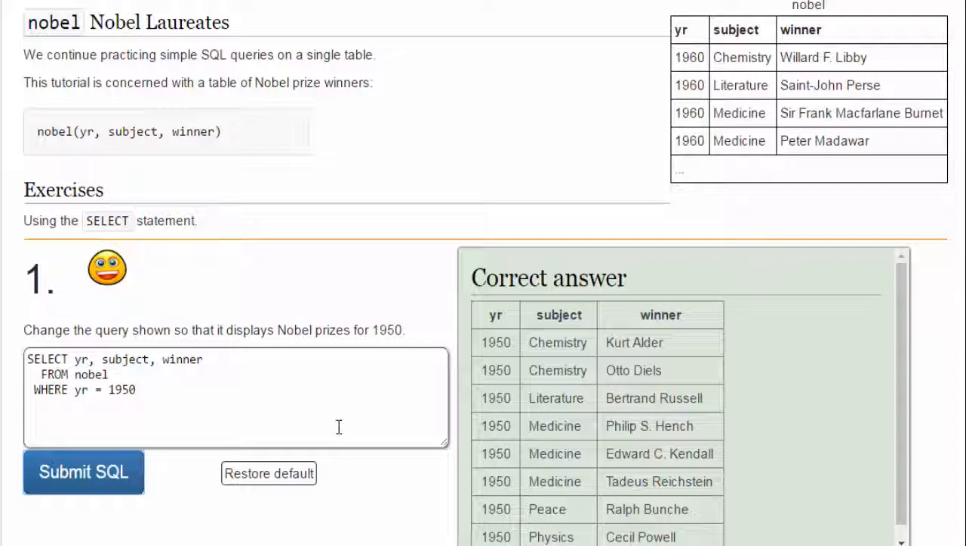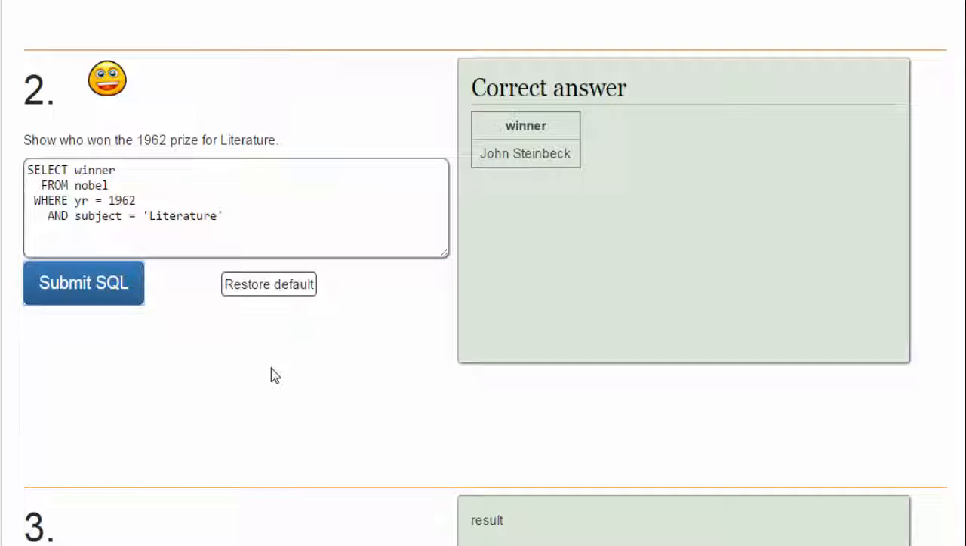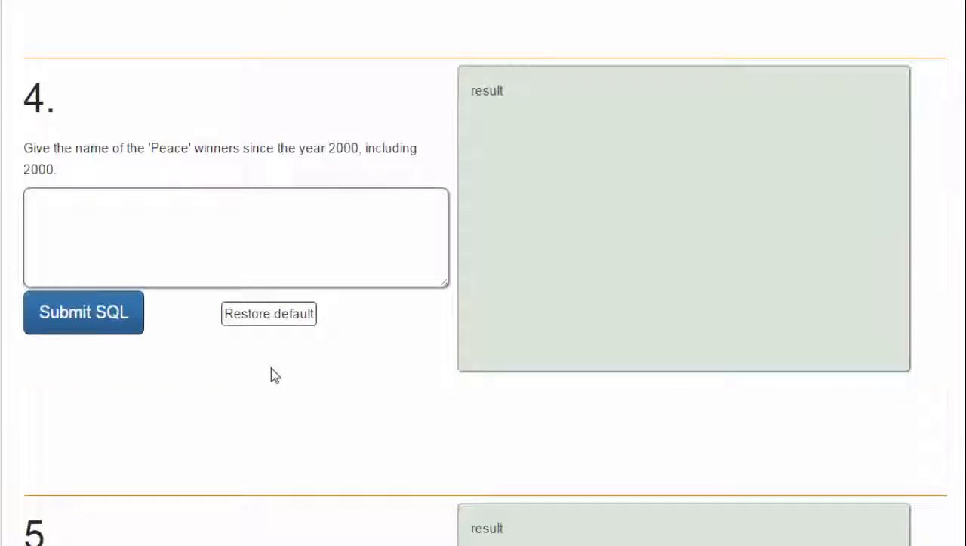Correct answer. Show who won the 1962 prize for literature. We change the year to 62 and the subject. Submit the SQL. Correct answer. The winner is John Steinbeck. And next is